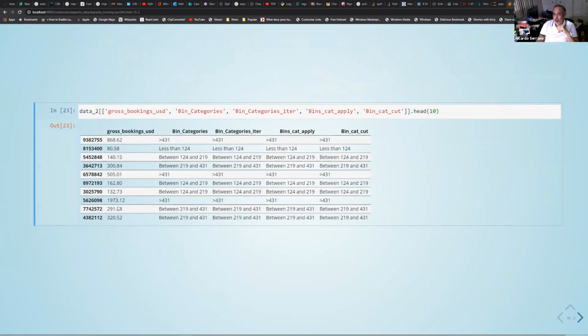And to validate our results, these are the results, and as you can see, the results are always the same. So we're using different methodologies arriving at the same end. But this cut function really is the way to go to bin your data.